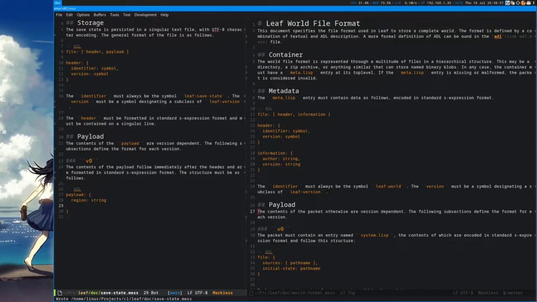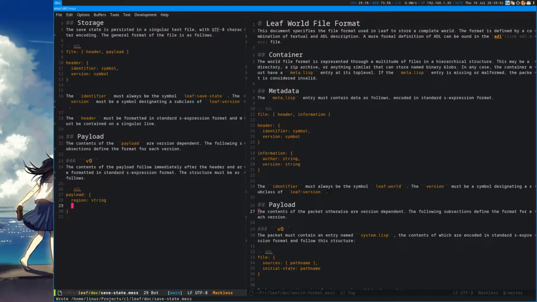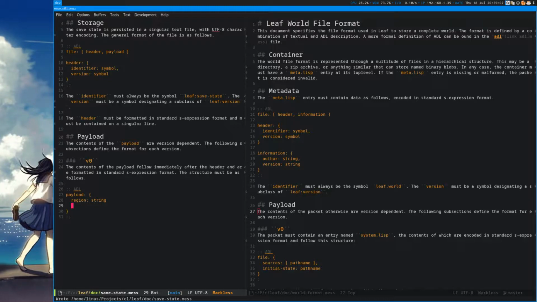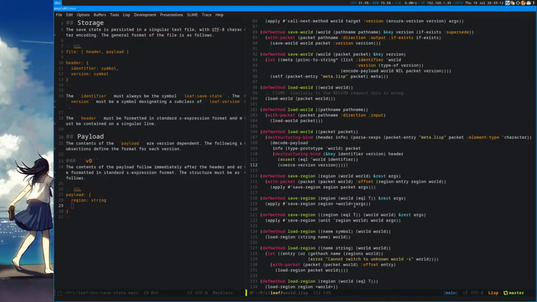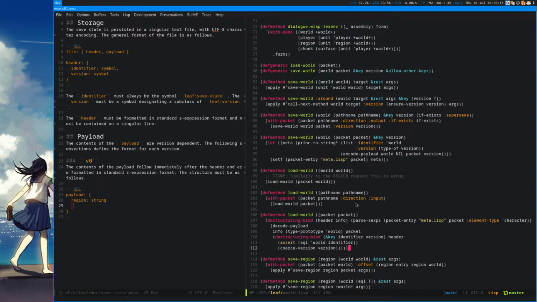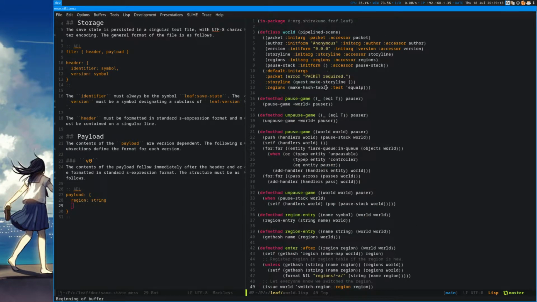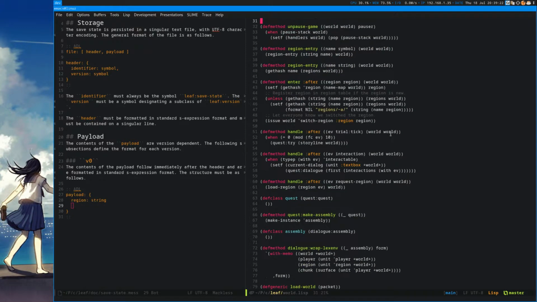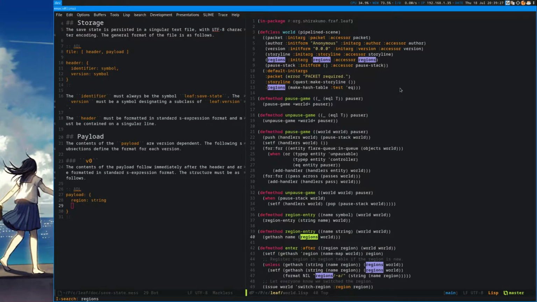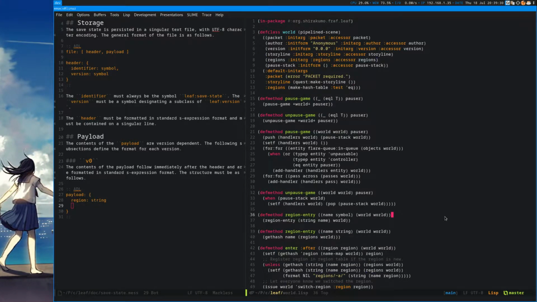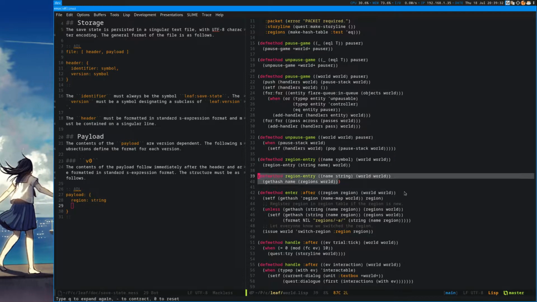Which currently is a string because of a kludge, actually. I think I can remove that kludge. I don't know why I didn't think of that earlier. Yeah, let's do that. That sounds much better than using strings. Strings suck. Symbols are a lot better.